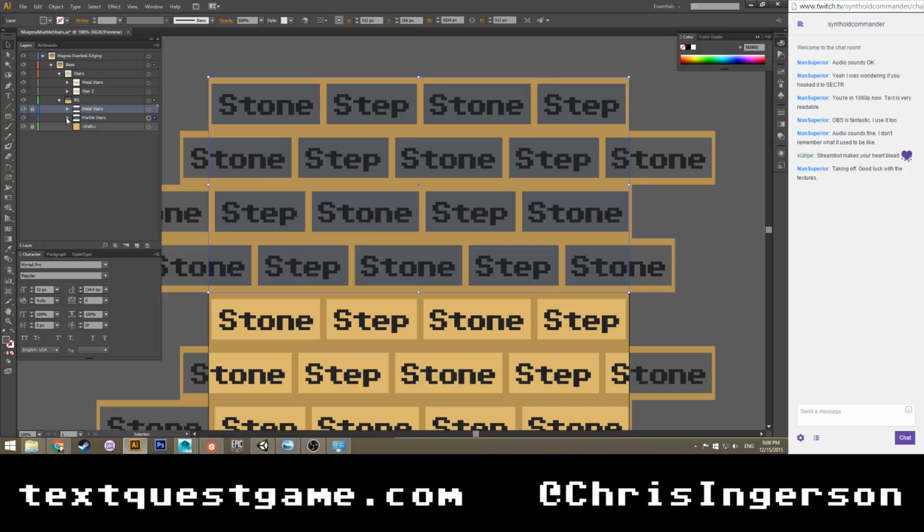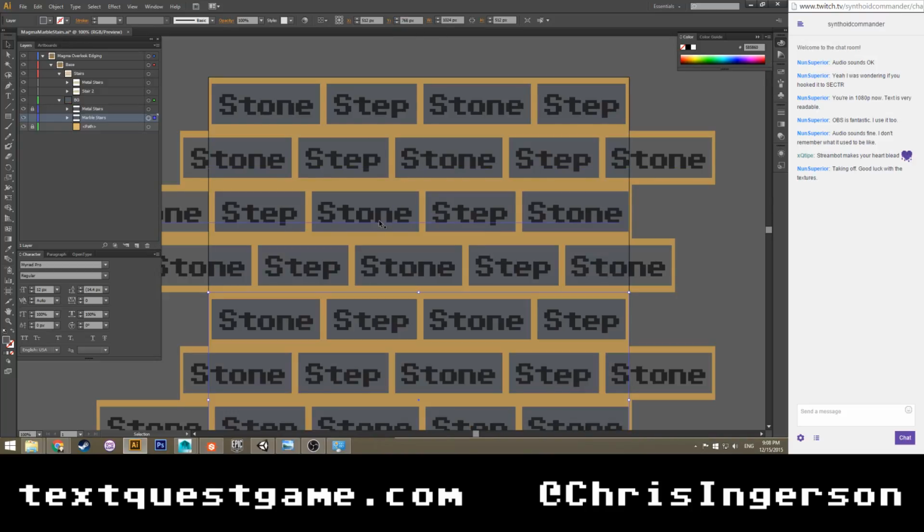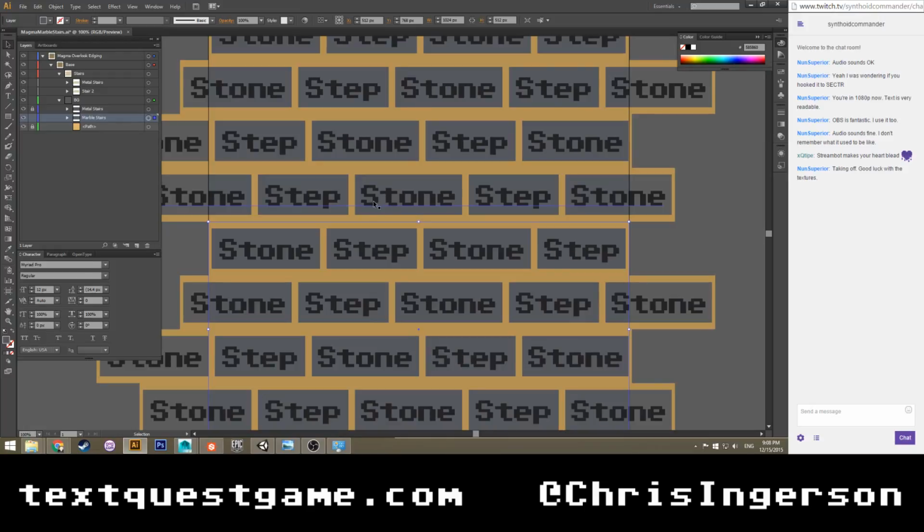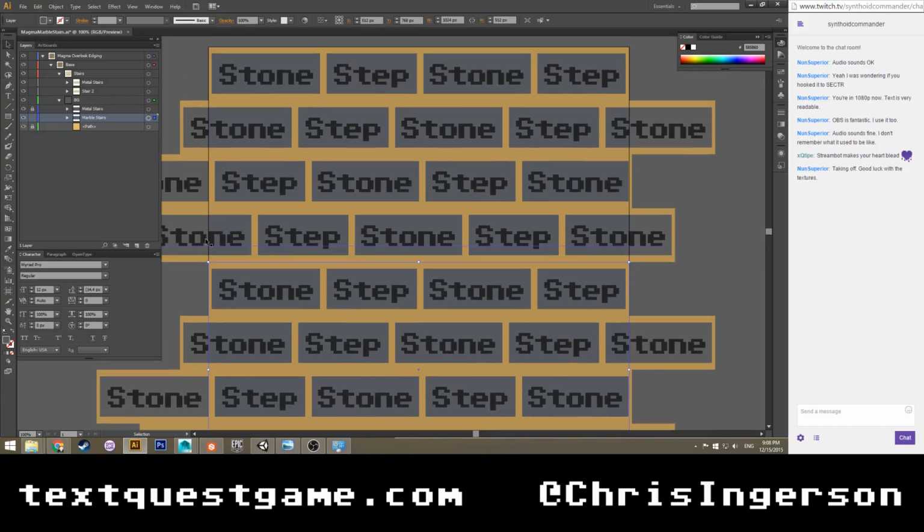Let's lock metal stairs. Select marble stairs, and let's set its Y to be plus 512. I love when editor programs let you do math equations inside the fields. It's much easier than trying to calculate it out in your head, and much faster, because I am not a computer. I am not that smart.